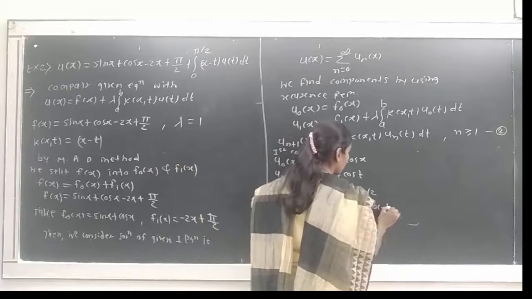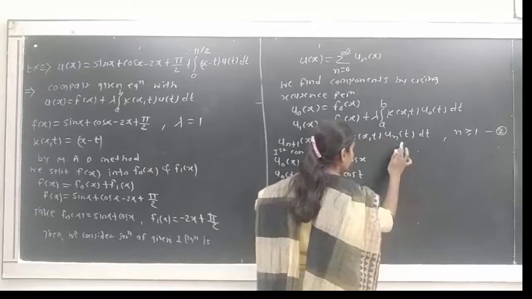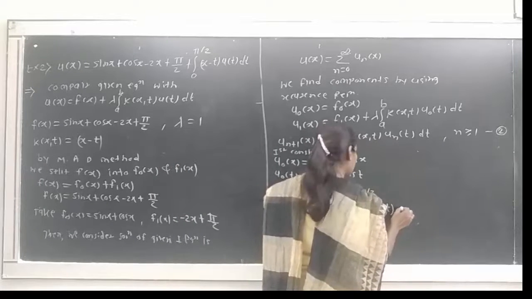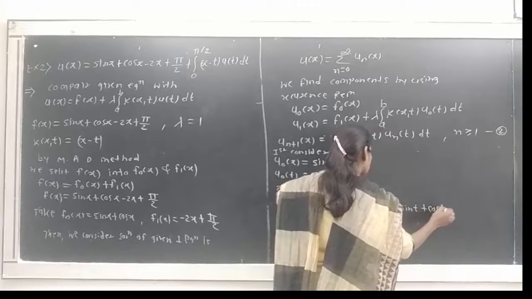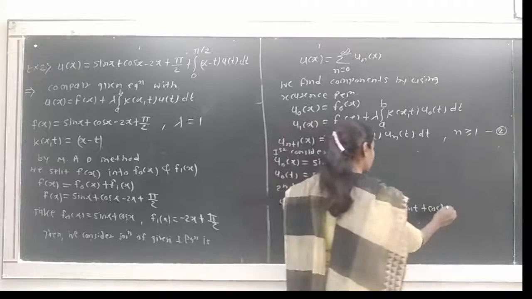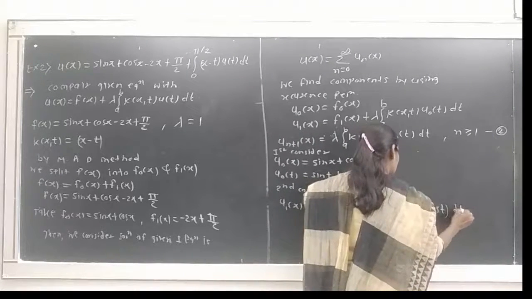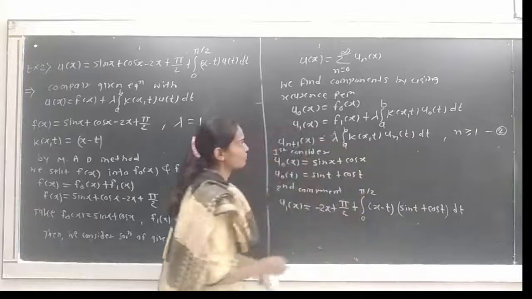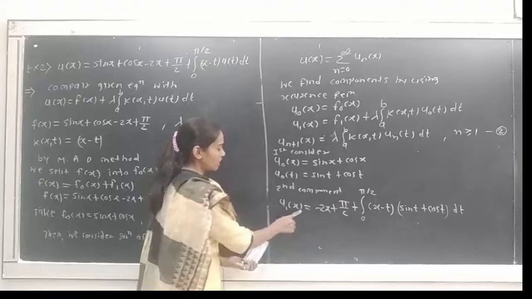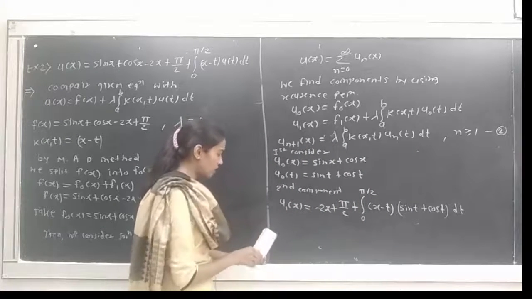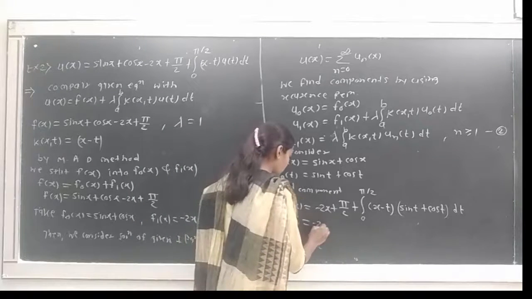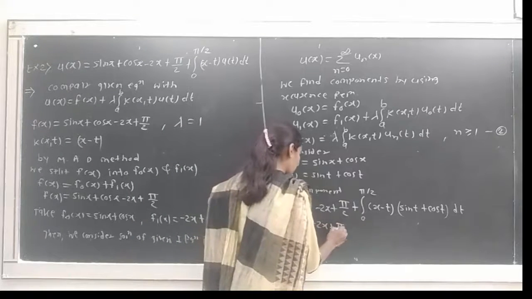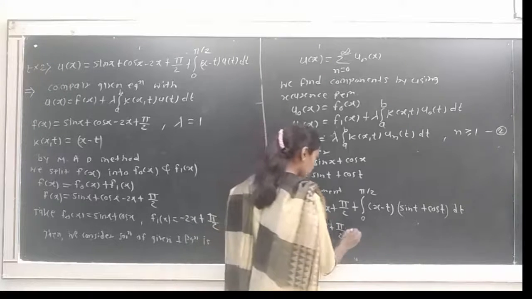So we put x minus t into u0 of t, which is sin t plus cos t, into dt. From this recurrence relation we put in these values and get this equation. Then we have to solve this equation. We get minus 2x plus pi by 2 as it is, plus